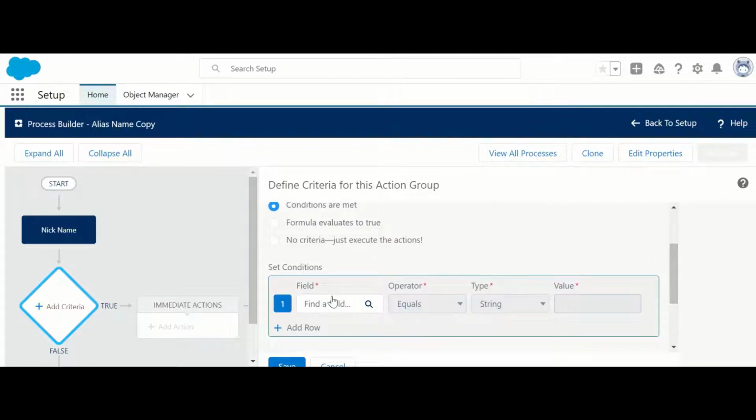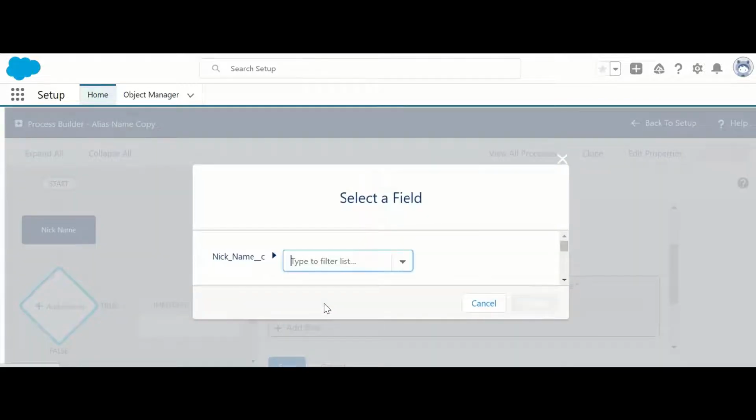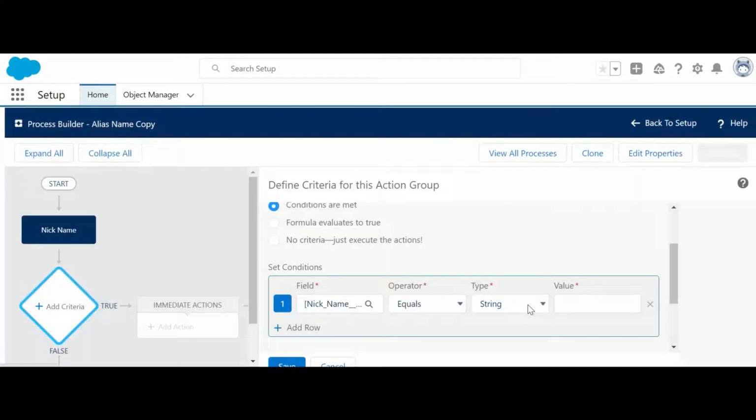Add condition. Find a field. Select nickname, choose equals.